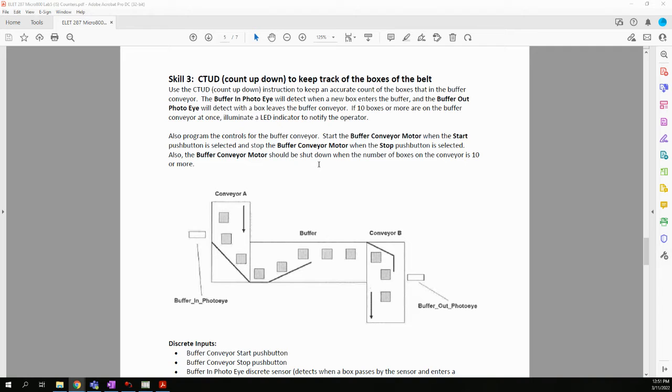That way, right? We know what's coming in, we know what's going out, and we can keep track of how many boxes are in that buffer. If that number of boxes exceeds 10, or if it gets to be 10 or more, then we're going to shut down the belt. So part of the project too here in skill 3, or part of the program, is